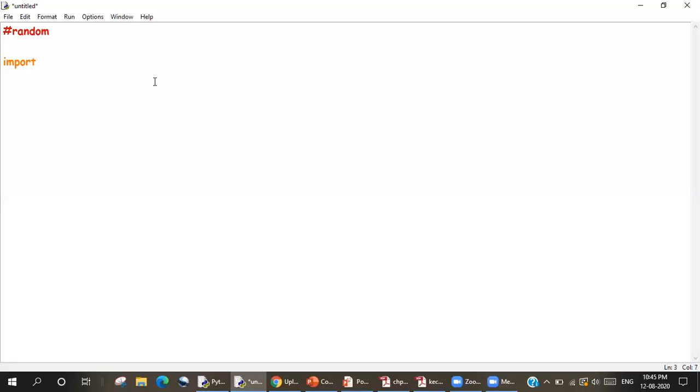If you want to use the random function, it is very important to import the library so that all the functions inside that library can be used. First you will import random, and then we will use the random function to randomly show a number on the screen.